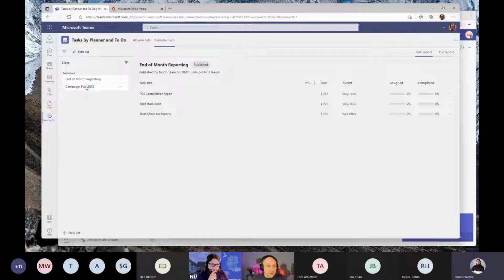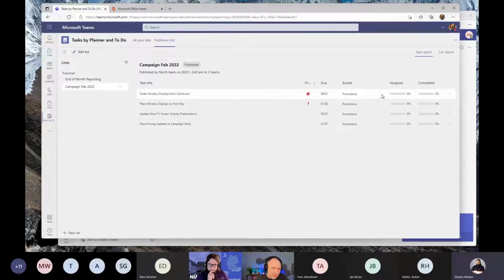I've created a couple here already that are published. So I'll show you some of these quickly first before I show you how to make one. Now, what we've got is I've created a couple. So I've got a campaign for February 2022. That's going to go out, and you can see there's some tasks that need to be done in preparation for that. So as a marketing person at Contoso